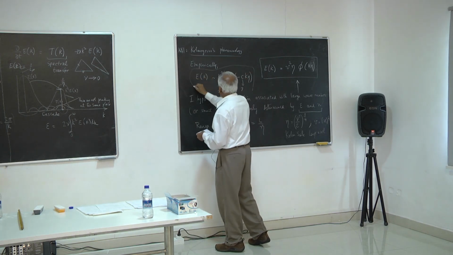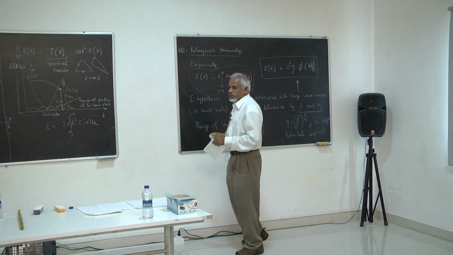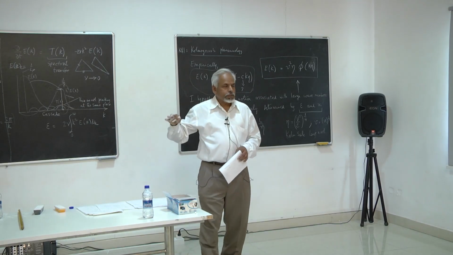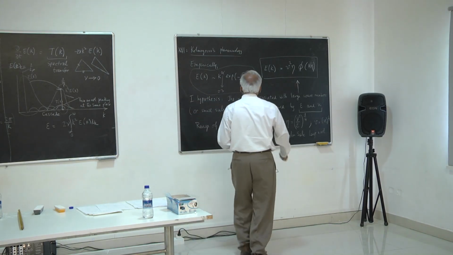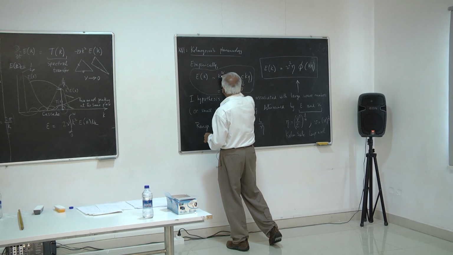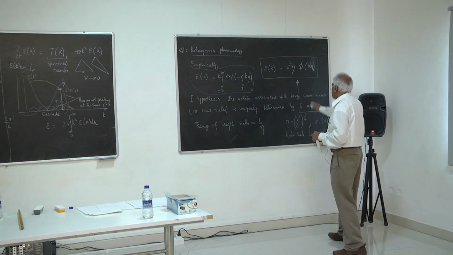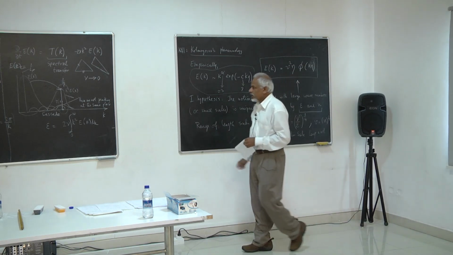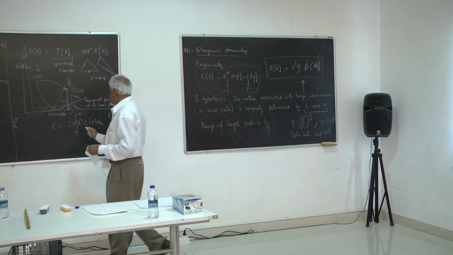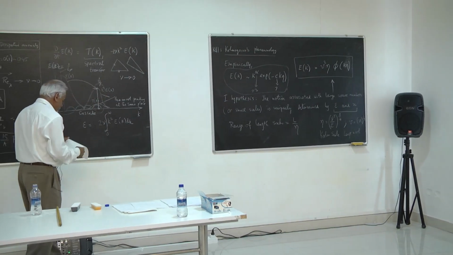This is all coming from numerical simulations. You simulate it towards the end, it has this kind of form. So maybe that's good enough. But we don't know what this phi is. But we can put a little constraint on